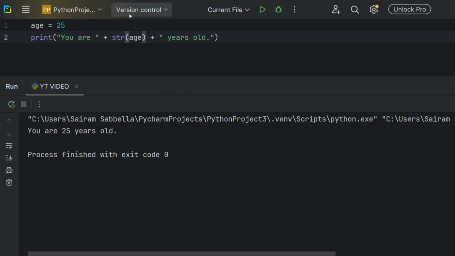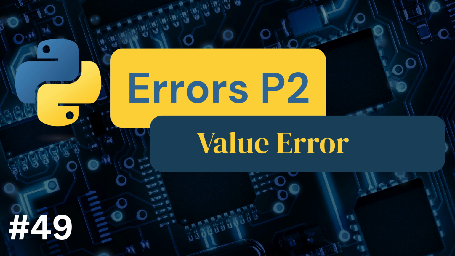This is because of our friend over here, which is the string method, str. This converts whatever is in the brackets into a string. Be it a number, be it a boolean, be it a float, any data type will become a string. So over here, it's not talking about 25 like this, but it's talking about 25 like this within double quotes. So our integer 25 becomes a string 25.